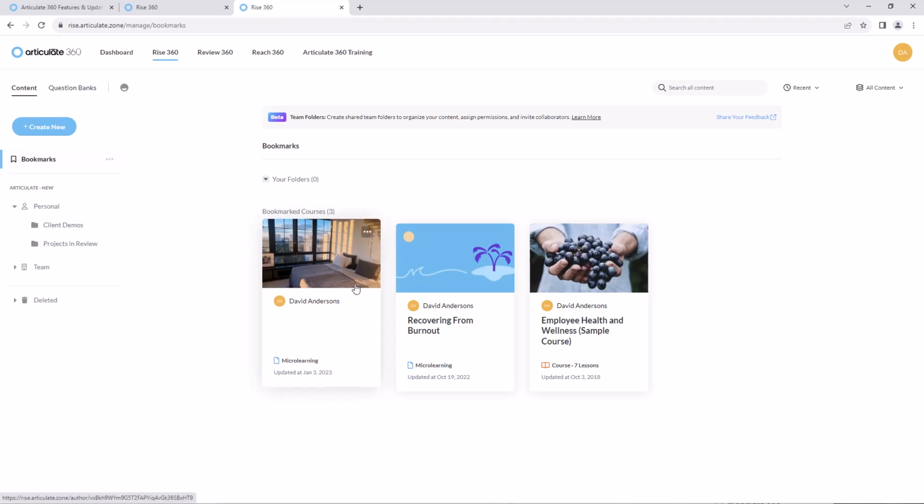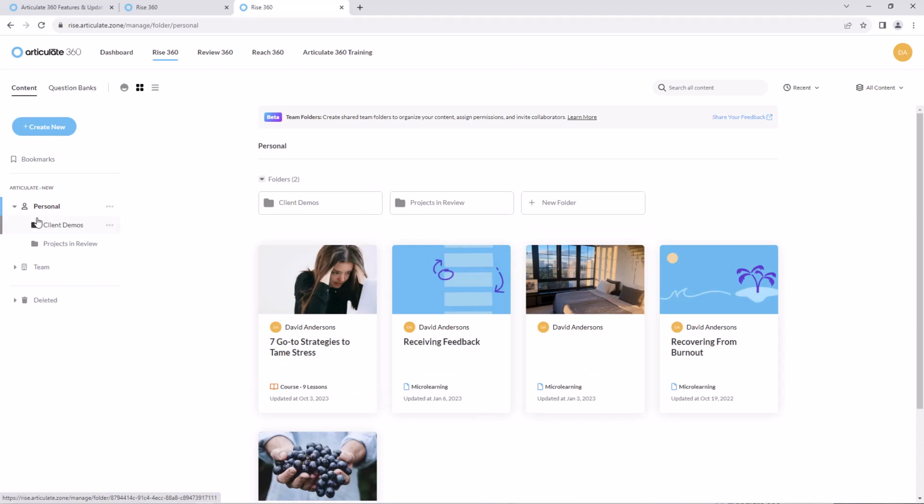If I want to modify or manage how these bookmarks are listed, I can just click, again, the little ellipse, and I can remove this from the bookmarks. I can show where this file is located in the original location. I can also move this to a different folder. So we have a lot of management options, enhancements here from the new dashboard. I'm going to pop back into my personal all files.